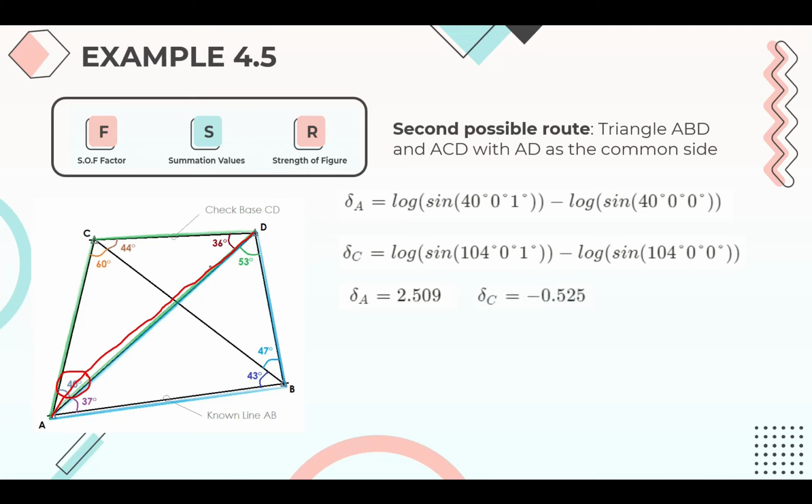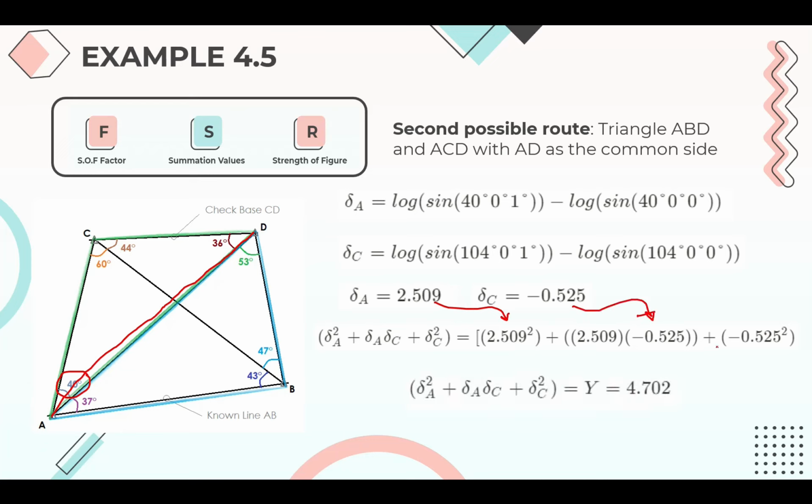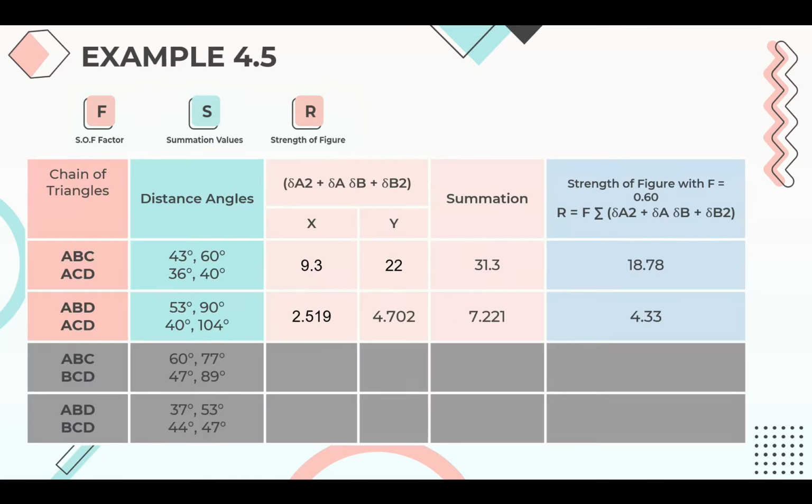So we have delta C of negative 0.525. Okay, so how much is that when we substitute that here? So if you guys can input these in your calculators for checking, we should get 4.702. Okay, so let's put that in our table to visualize it. So earlier we got 2.519 for our x, which is the value for ABD. That's this one. And for our triangle ACD, we have this. So let's add both of those numbers, 2.519 plus 4.702. We will get